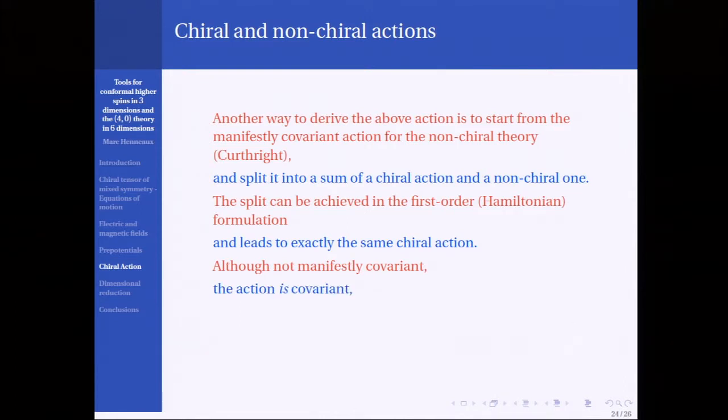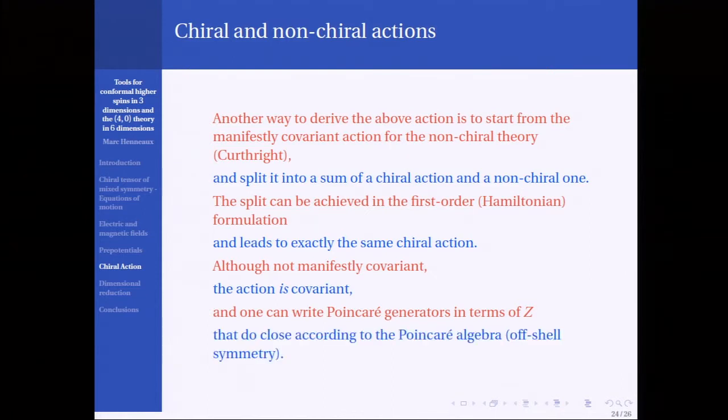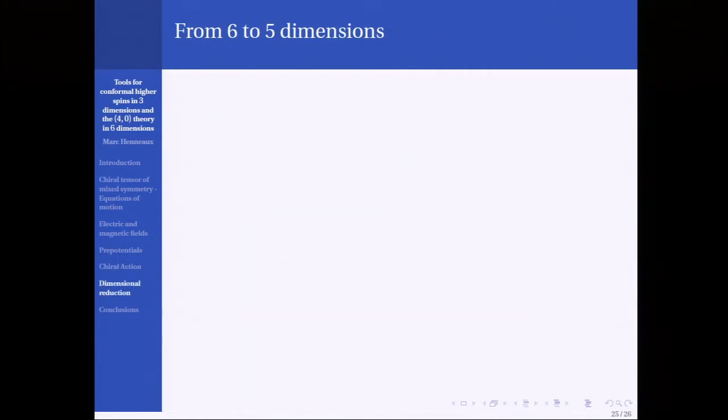So the action is really covariant, and you do have Poincaré charges that close according to the Poincaré algebra, which is then an off-shell symmetry, but it's just that the Poincaré transformations are not the familiar ones, and so covariance is more difficult to control because you cannot use standard tensor calculus, but it is covariant. Now, you might say, why is it of interest? Well, it's interesting because it's related to gravity. And that was one of the main points made by Chris.